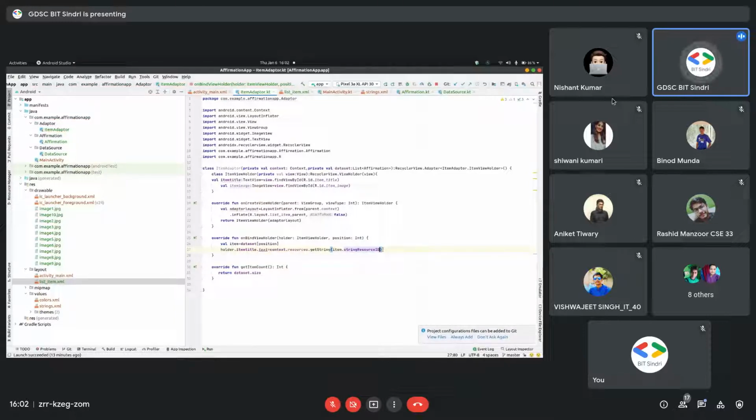And now we have to do this for images also. So we just have to change it to item image. So image will not have a text. We have to just set the resource ID of image. Set image resource, which we have defined in our affirmation item.